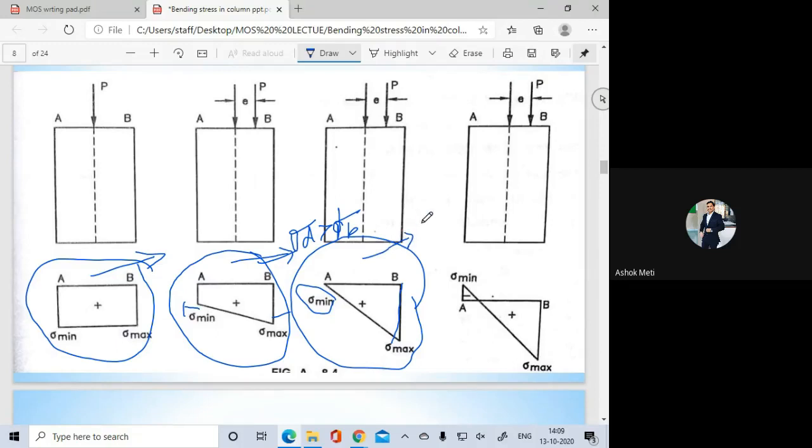So here the second case is if sigma d is equal to sigma b. Here the maximum stress will be two times sigma d or two times sigma b. At the minimum value, this will be 0. And the third case is the stress distribution diagram where sigma d is less than sigma b. Okay, meaning the bending stress is greater than the direct stress, so the maximum stress will be positive, that is compressive, and the minimum stress is negative, so here there is a tensile stress.